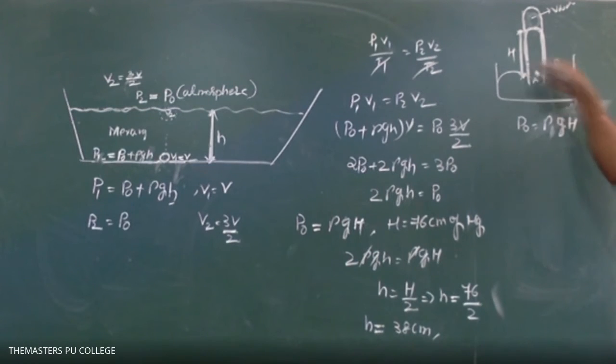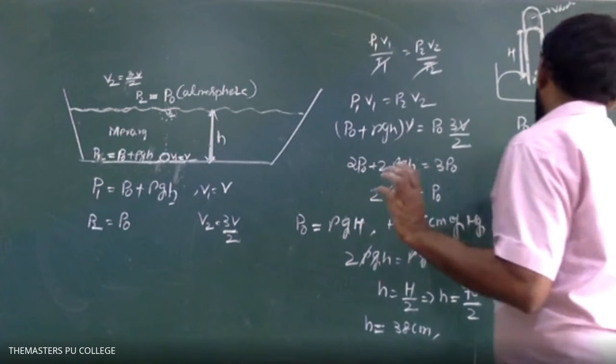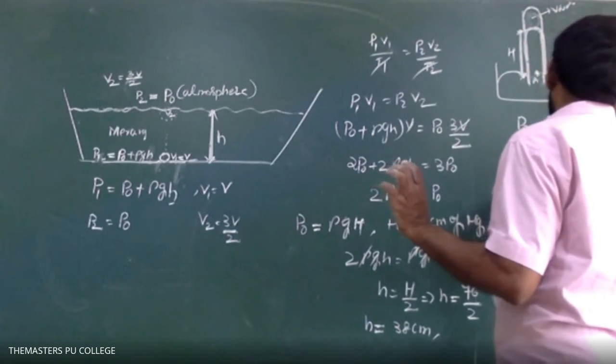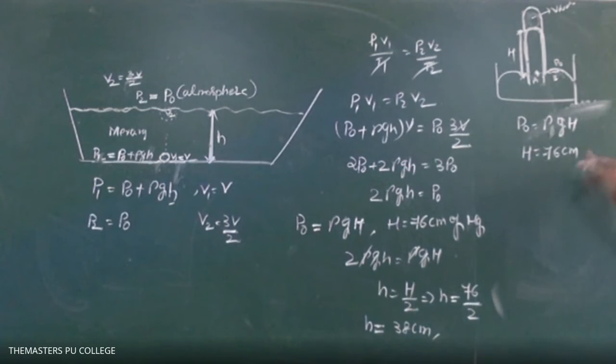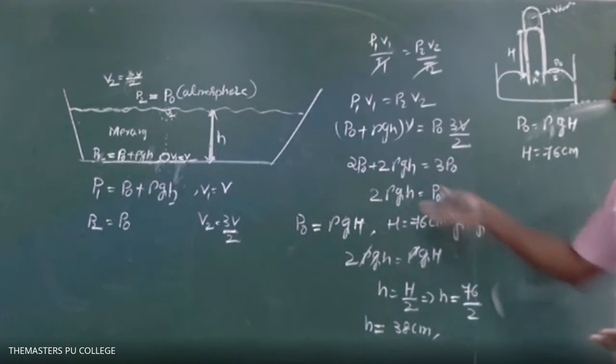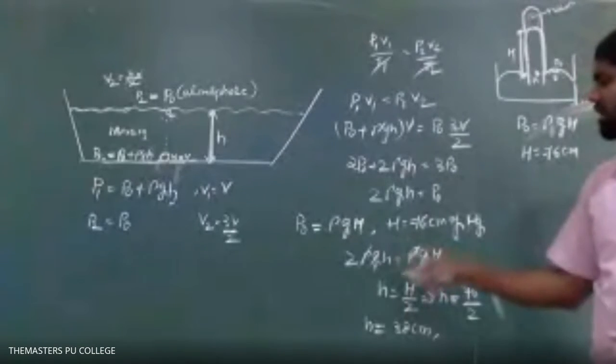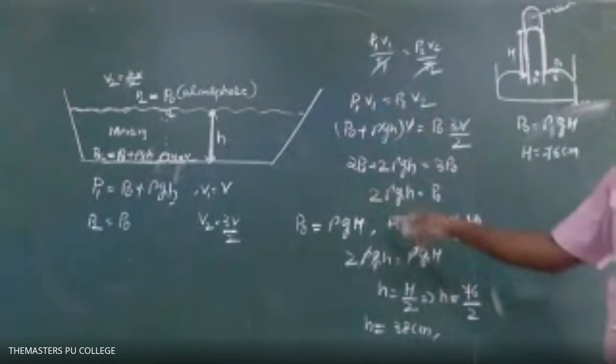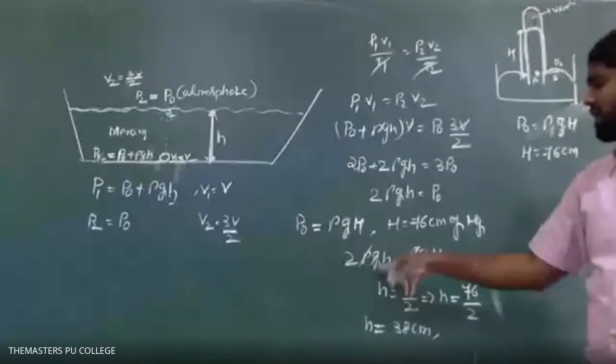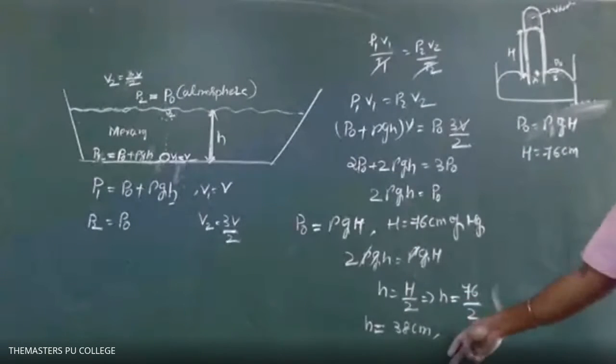A and B are at the same horizontal level, which means the pressure at the points A and B are the same. Then we can write P0 equals rho g h, and h we can write as 76 centimeter, the standard value. So 76 centimeter of mercury column exerts a certain amount of pressure, and the atmosphere will also exert the same amount of pressure. So h is equal to this, substituted. Here I have cancelled rho g. In both cases we have considered the liquid as mercury only, so the density of mercury gets cancelled. Finally we got the answer. That's it.